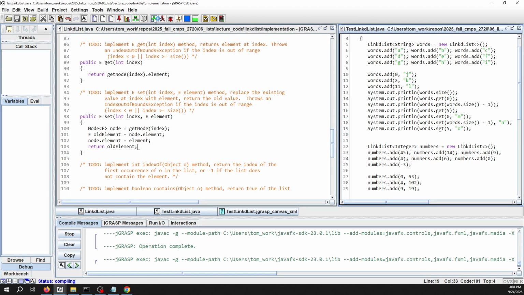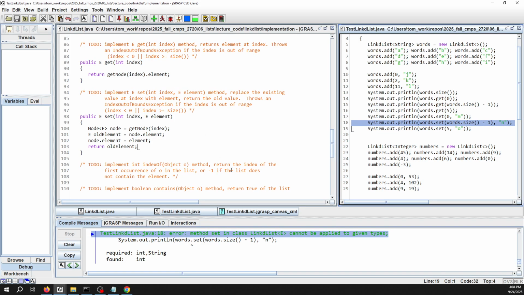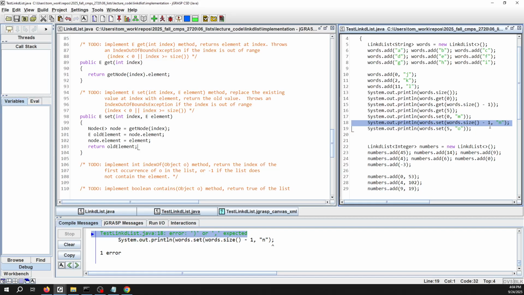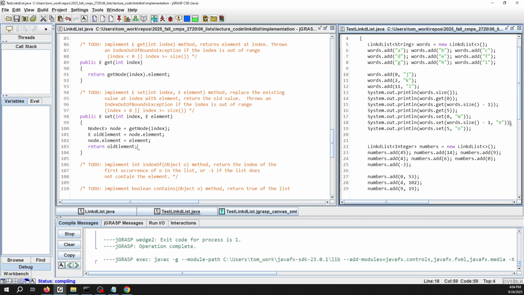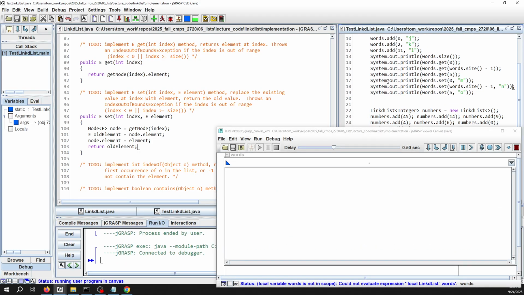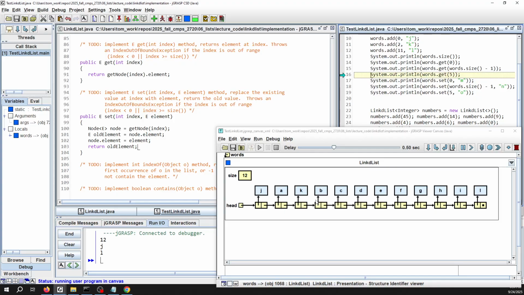Okay. Oops. Got an extra parenthesis in there, I think. And I need another one here. Okay. All right, so I'm going to run all the way down to this line 16. All right, and then, okay, so